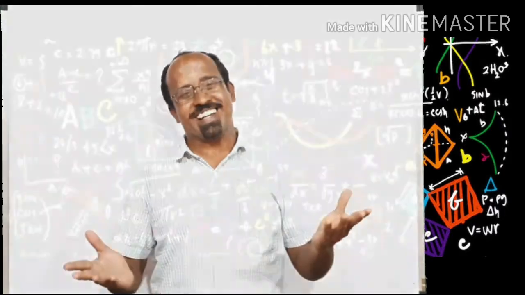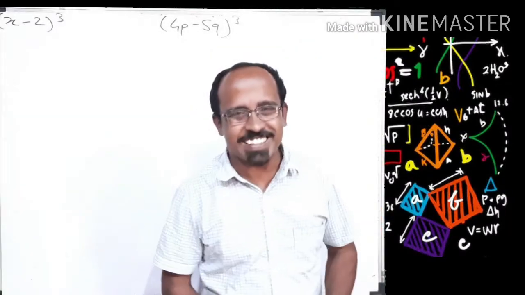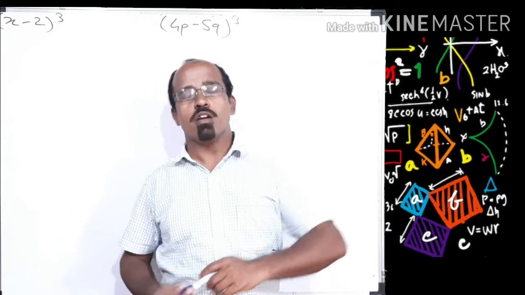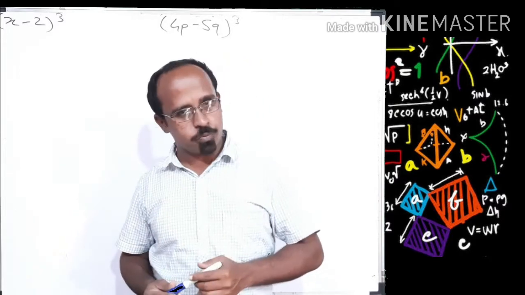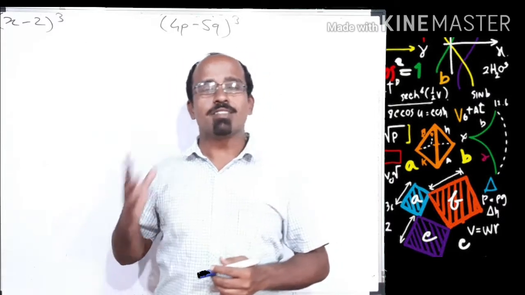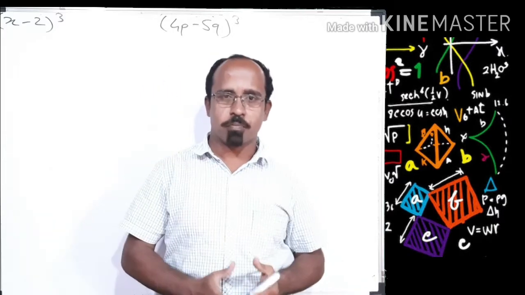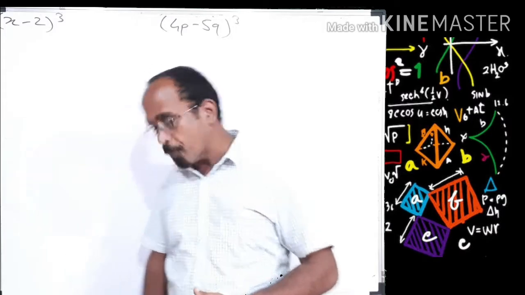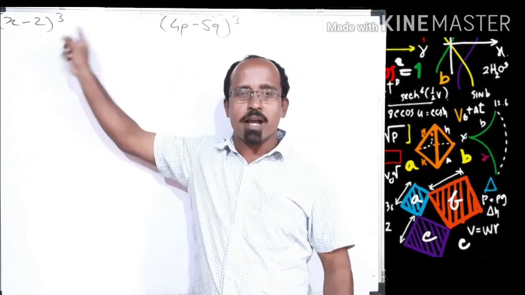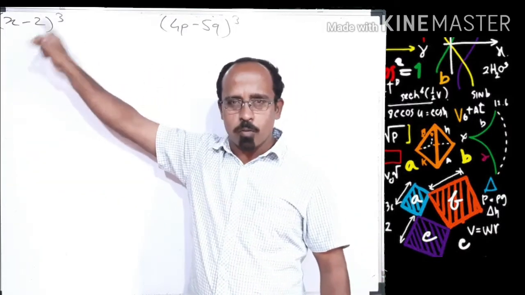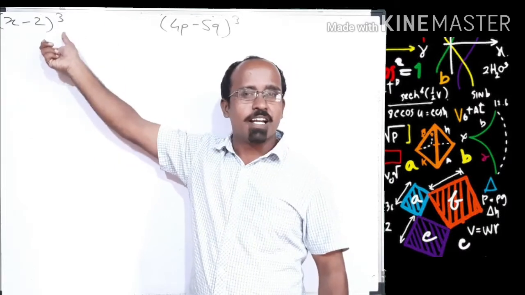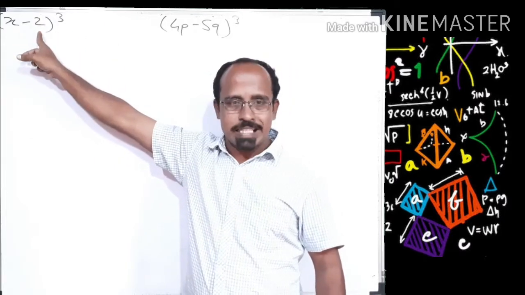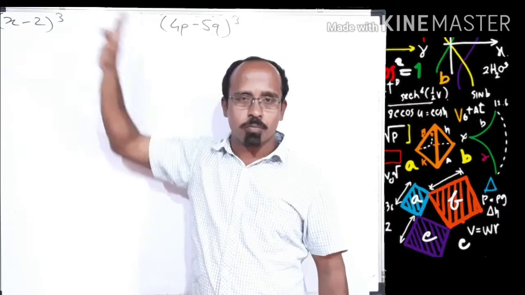Welcome to mathematics. Friends, in our previous videos, we derived the formula for (a minus b) cube, right? In this video, we are going to solve a few examples based on the formula of (a minus b) cube. So, let's continue. Suppose the question is (x minus 2) cube. Can we use the formula of (a minus b) cube? Definitely yes, because the first term is positive, the second term is negative, and there is a cube of the brackets.